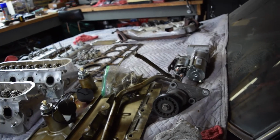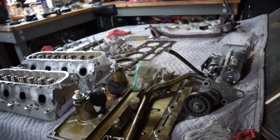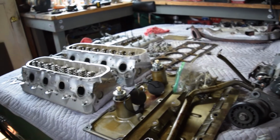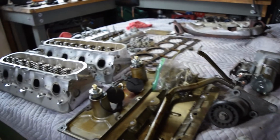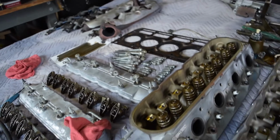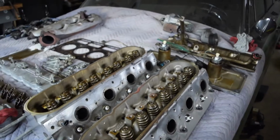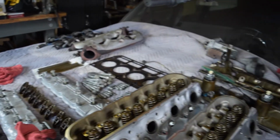I'm going to park it here for this episode. I am now breaking my own rule about putting stuff on top of the car because that means it's not going to be driving for a while. This is unfortunately the biggest available flat surface in my garage, and this car will eventually need new paint, and I've got a moving blanket on there anyway, so it's no big deal. But yeah, this is where I am keeping everything organized for now. Just for lack of a better place to put it. Anyway,